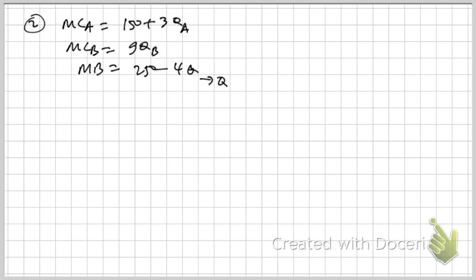Remember, this is q1 plus q2. So the optimal production is given by marginal cost A is equal to marginal cost B equal to the common